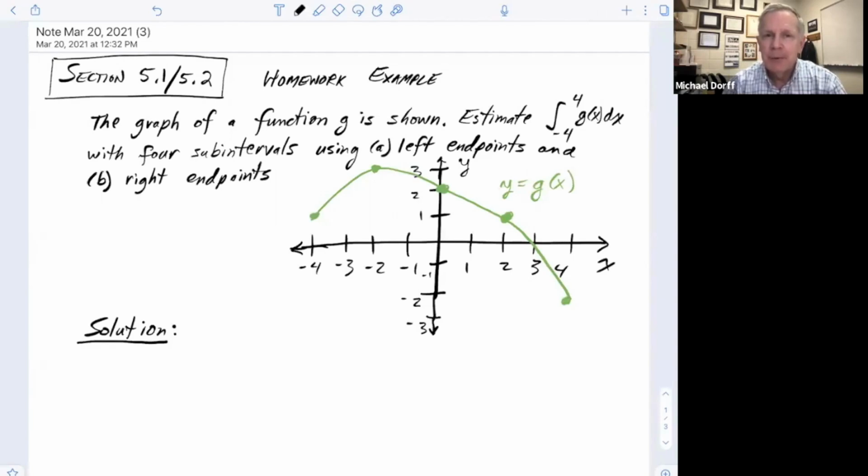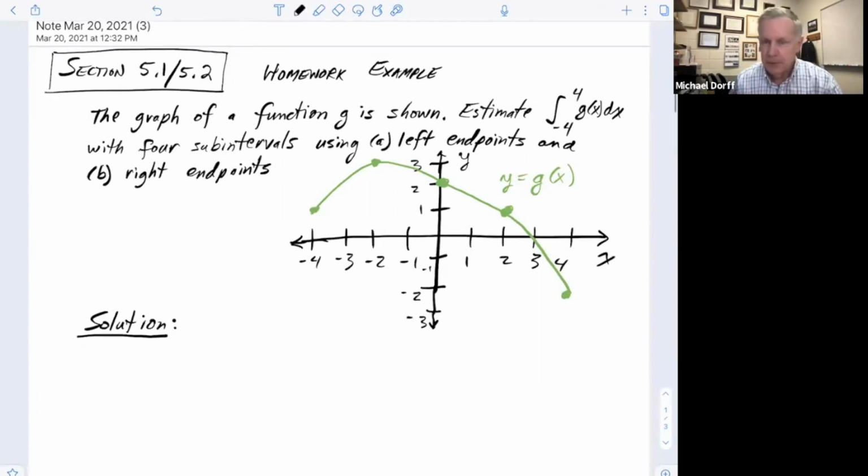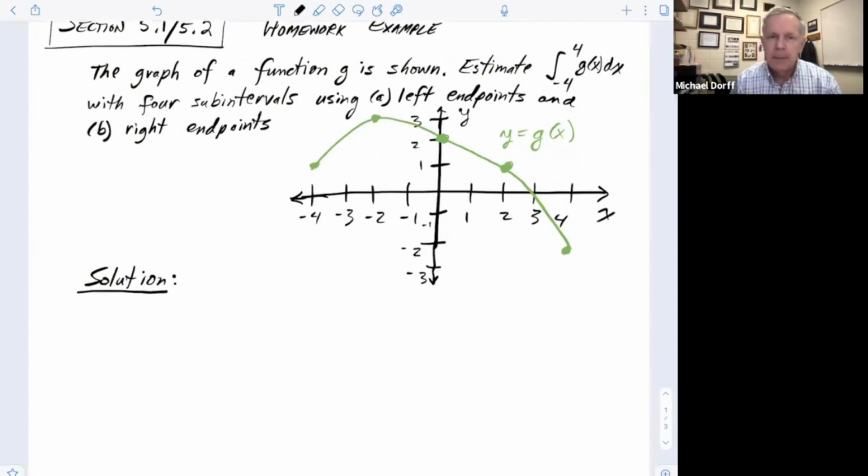We're in section 5.1/5.2, and we're looking at the homework example where we're trying to estimate the value of an integral by using four subintervals and using left endpoints and right endpoints to estimate the area under the green curve. All right, so the first thing to notice, and this works for both part A and part B, is